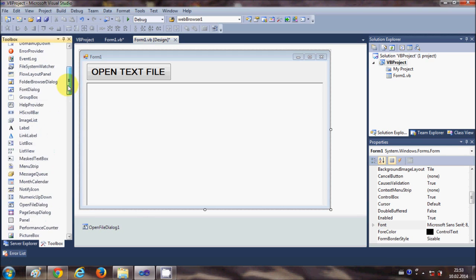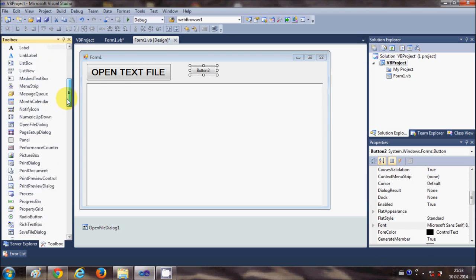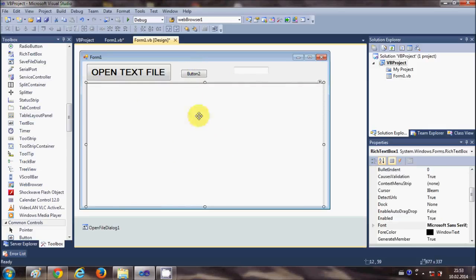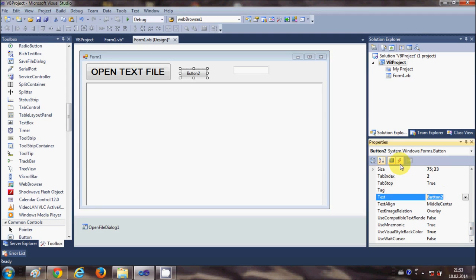So let's get started. For this I'm going to take a button and I'm going to take a text box. The rich text box I already have from the last video. So if you want to open the text file inside the rich text box, just watch the last video, because I'm going to just open the text file inside this rich text box and search for the word inside this rich text box. So this button text I will change it as